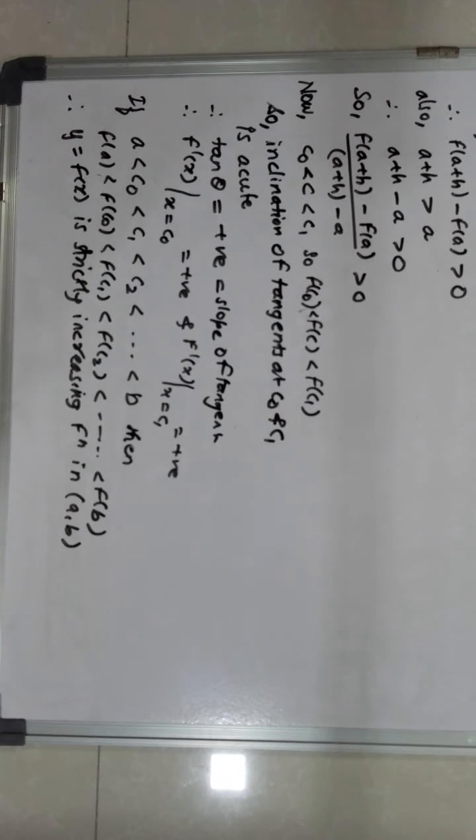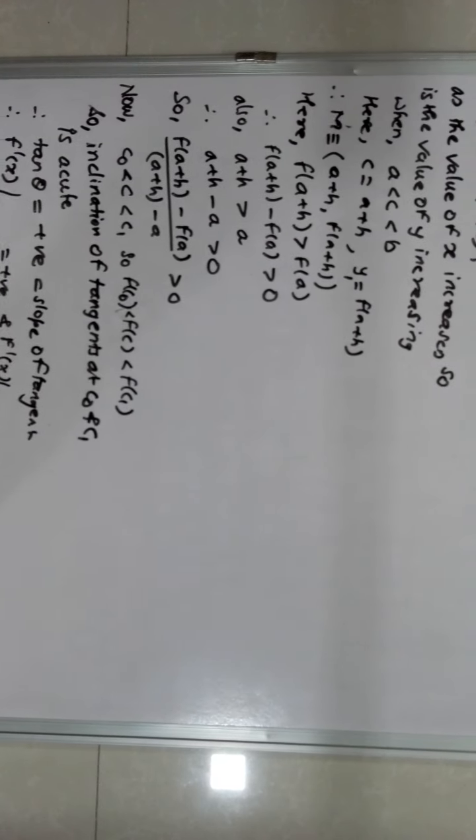The common sense tells me that as the value of x increases, so does the value of y. That is one thing. And the second thing is what? If I want to know that it is increasing, then I will get the derivative at every point which is between A and B, always positive. So I will say here that function is increasing, or rather strictly increasing, between A and B,